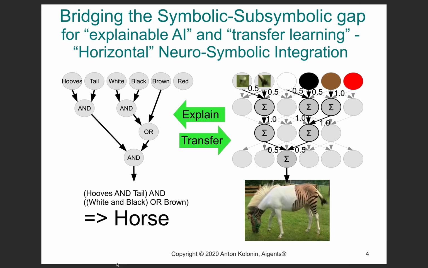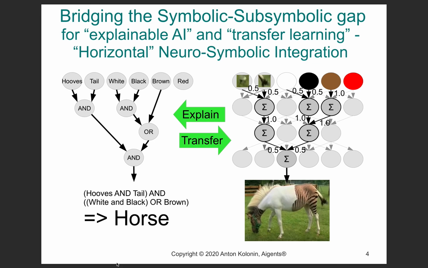Like for example, if you extract the model of the horse from the distributed representation on the right to semantic representation on the left, you may find that besides the ability to have hooves and tail and being white and black or brown, the horse should have a green background. That kind of attribute or feature would be false